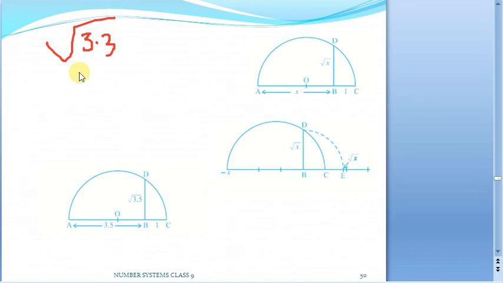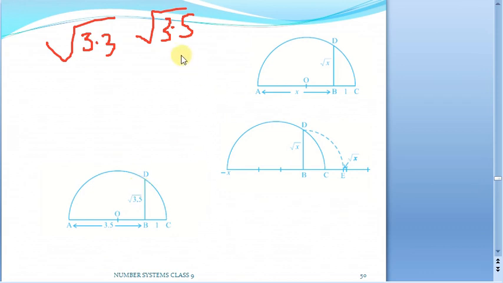Any irrational number, we can use this particular method to just locate it on the number line. So let us take an example. Suppose we want to locate square root of 3.5, exactly what I have mentioned in this particular example. Let me take it, and we shall apply the same for the previous examples. What we have discussed in the earlier examples also, we shall make use of this particular method to locate it on the number line.